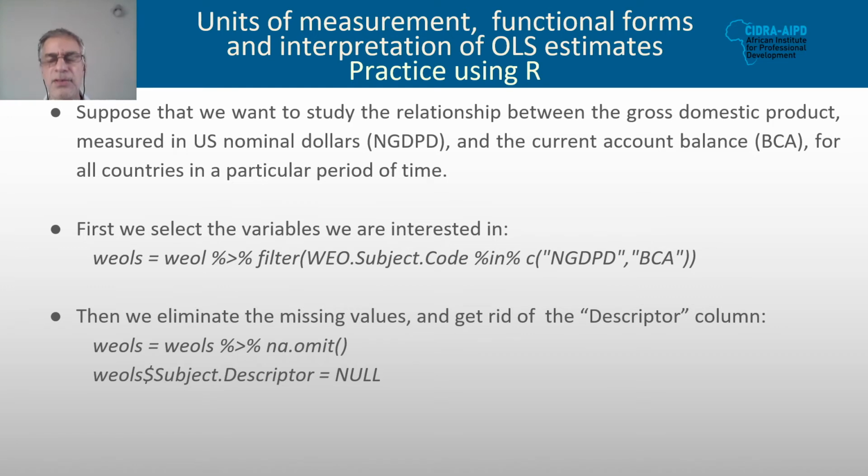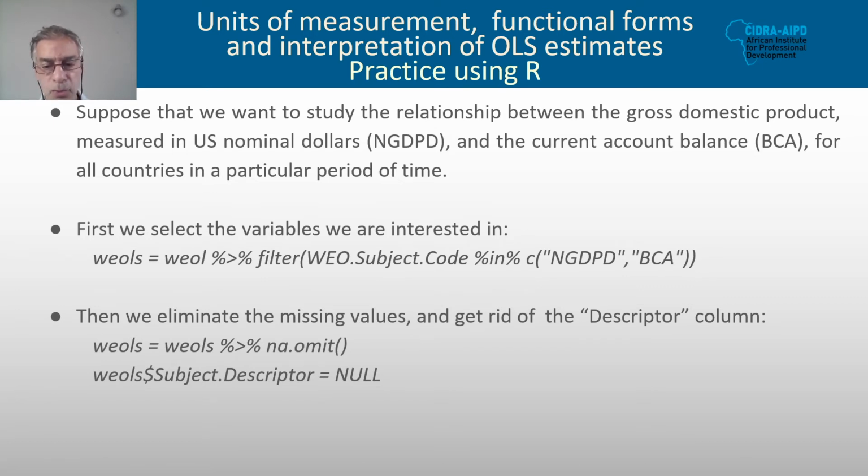Well, for the first thing that we are going to do, suppose that we want to study the relationship between the gross domestic product of central countries and the balance in current account of those countries for a certain period of time. Then what we have to do is, with all the transformation that we just already have done, we select the variables, the way I just wrote down in the second bullet of this slide, and